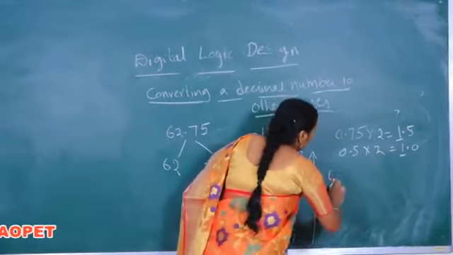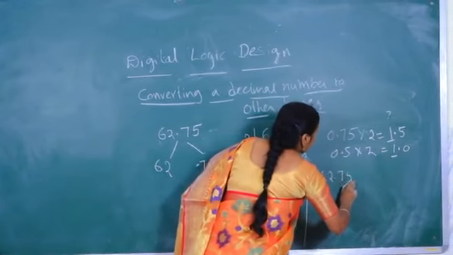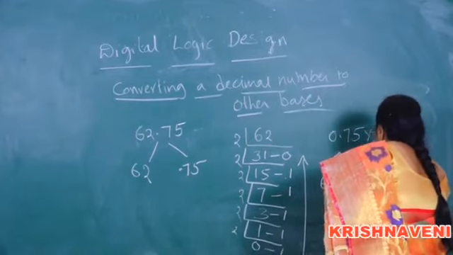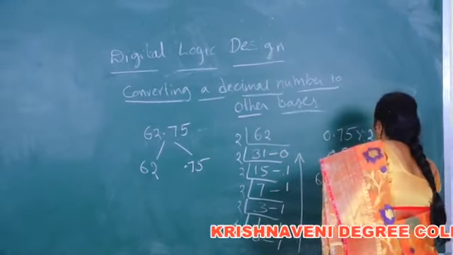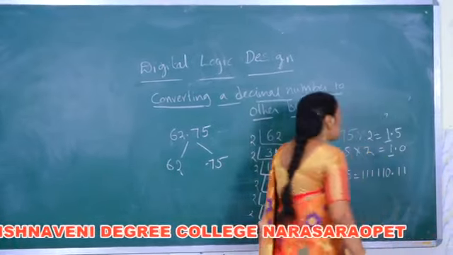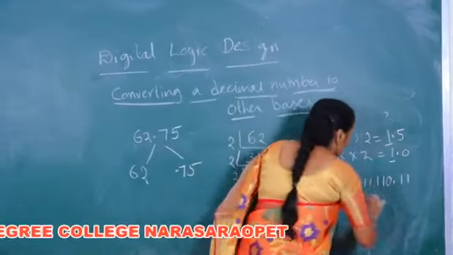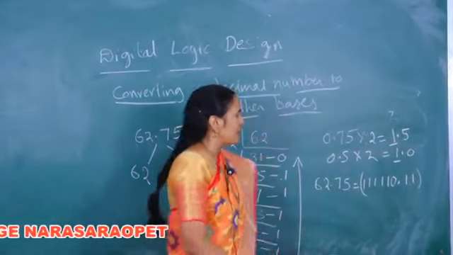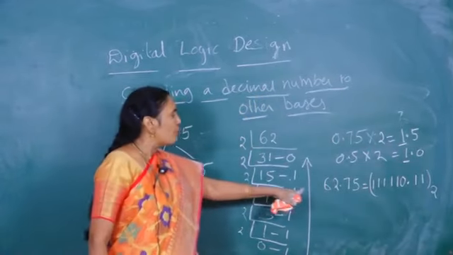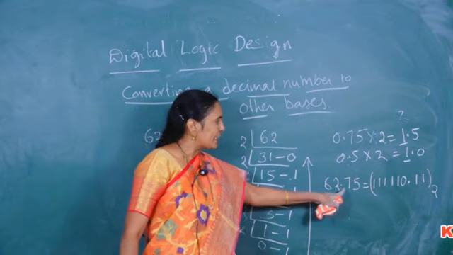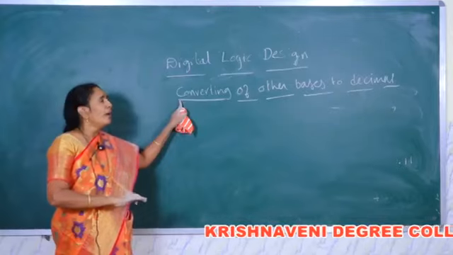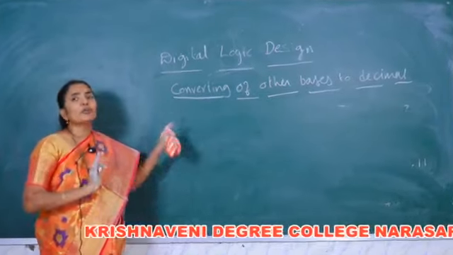Now, the decimal number 62.75 is converted to a binary number, that is, the integer part contains 11111, five ones, then 0, and the fractional part is .11, which is the binary number. When you represent the binary number, it is compulsory to write its base, that is, 62.75 in the decimal notation is equal to 111110.11 to the base 2.